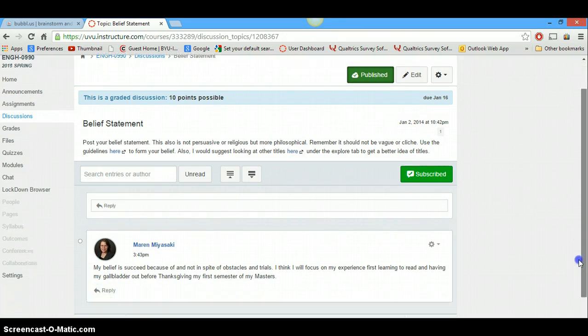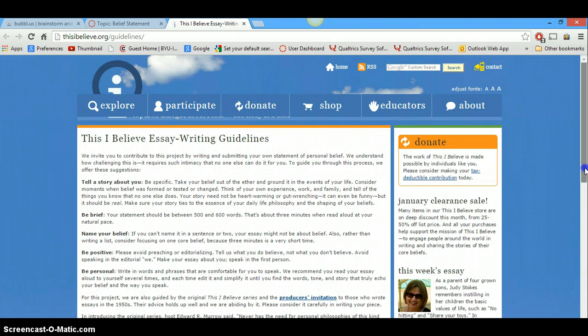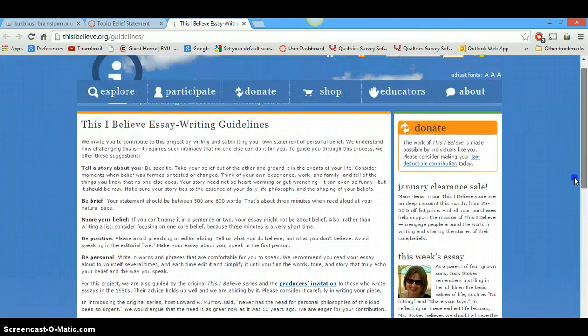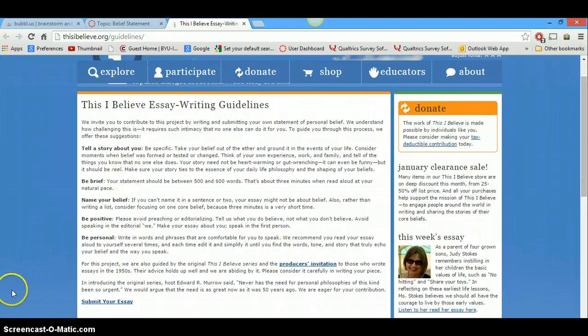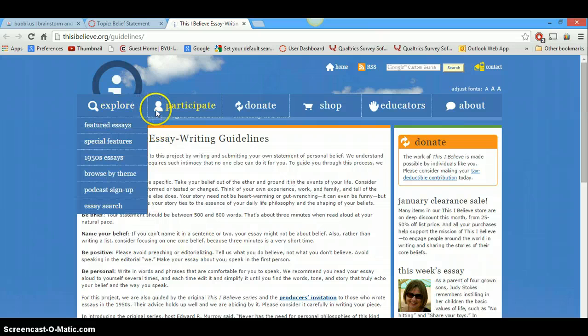And I'll just show you, I've already posted my belief and some things that I'm going to go with it. My belief is succeed because of and not in spite of obstacles and trials. I think I will focus on my experience first learning to read, having my gallbladder out before Thanksgiving, my first semesters of my master's. Here are also some guidelines that tell you some things that will go along when you write the actual story. And then also, on this site, you can look at what other people have done for theirs. So if you explore featured essays